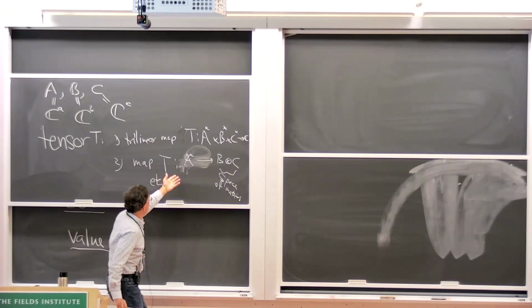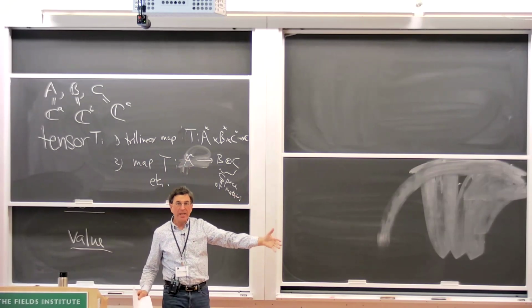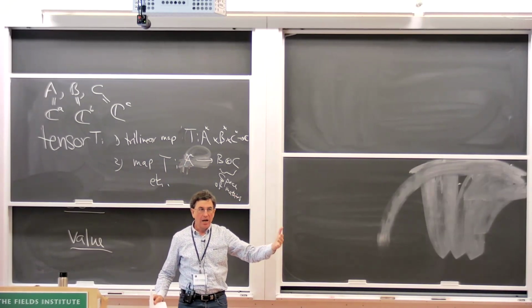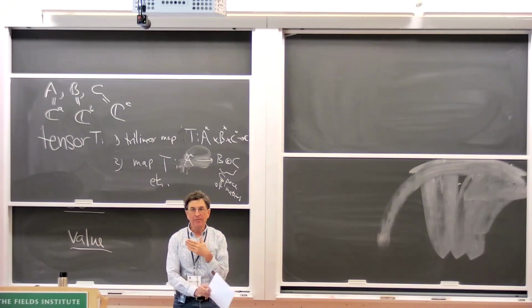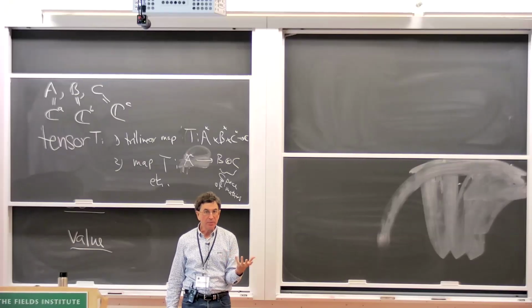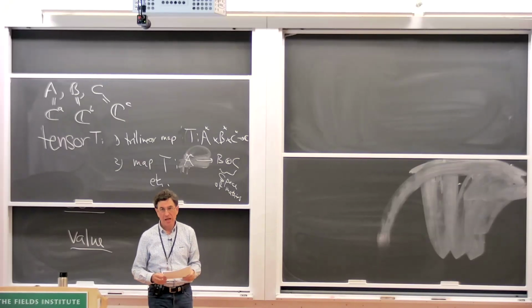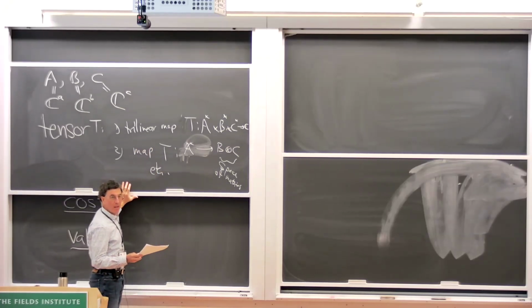For example, in the matrix world, if I have a rank 1 matrix, I can factor it as a column vector times a row vector. And if I want to do matrix multiplication with a rank 1 matrix, it's very cheap, much cheaper than a random matrix. And so the cost of a trilinear map,